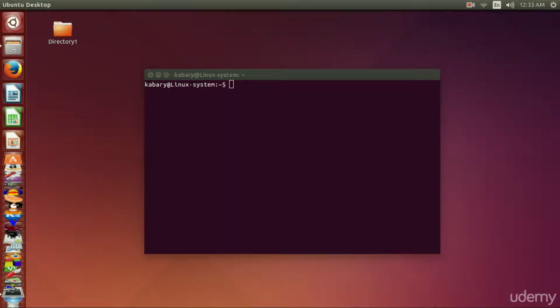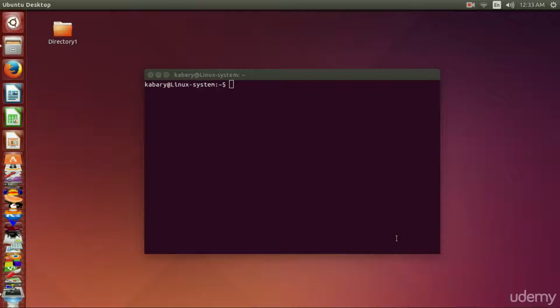Hi, in this video we are going to learn how to navigate the Linux file system. I know many of you are not very familiar with the Linux command line, and this might be the first time you actually open up the terminal and start typing commands. So I will often use the graphical user interface to help you visualize some of the concepts and make